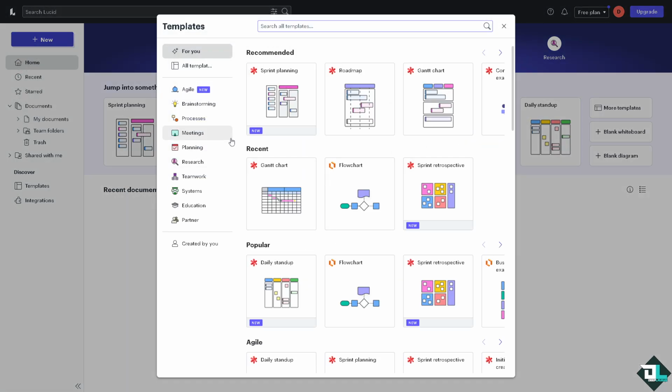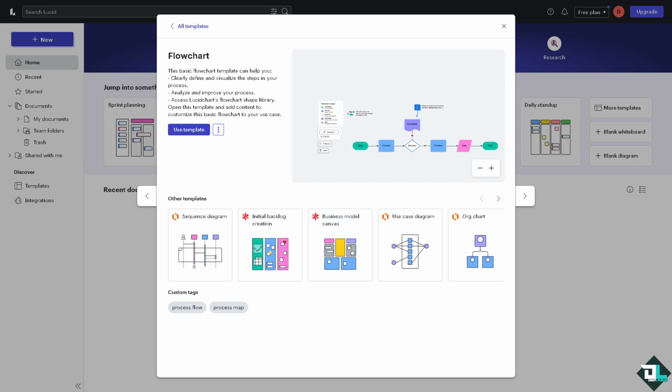Alternatively, you can search for and use a flowchart template from these. All I have to do, if you can't find it, just type in flowchart. Matter of fact, it's already here. You have the flow builder, flowchart, and flowchart, right? If you wanted to take a preview on this, if this is going to be the right template for you,